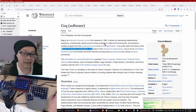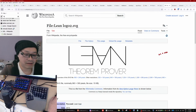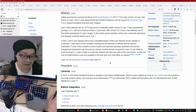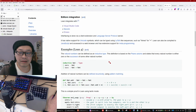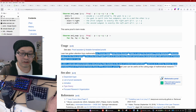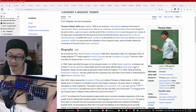Okay, and I think Ling, where is it? Ling. So this, okay, it's also from Microsoft Research. So I think this is the one I'll try to look at first, this and Coq. So they have apparently been used by a few notable mathematicians. For example, Thomas Hales, I came to know, worked at Intel, okay,